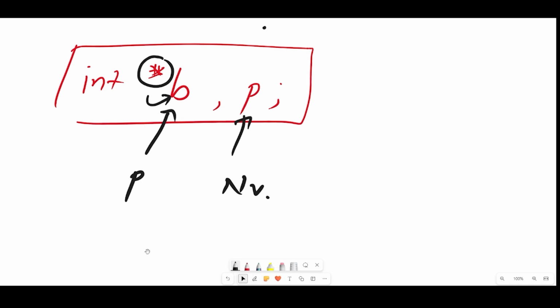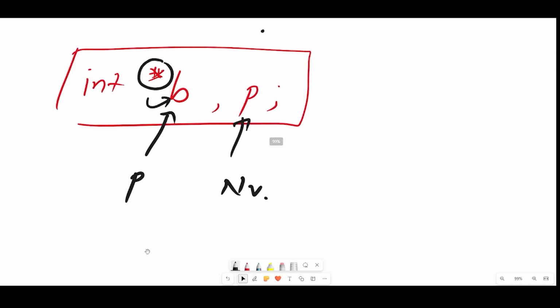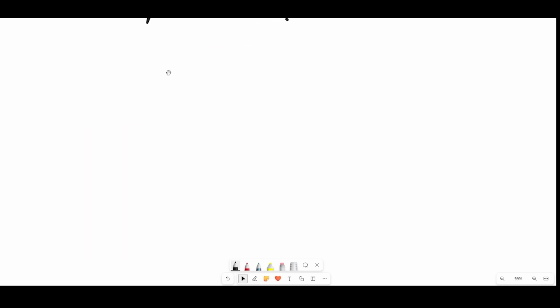Now let's understand how pointers actually give the address of other variables. If I write here, let's say int *a, b, now I have a pointer variable and a normal variable. If I write in the next line b = 7, I am hard coding a value to b. So b is 7. Fine. Next, what I will write is a = &b.